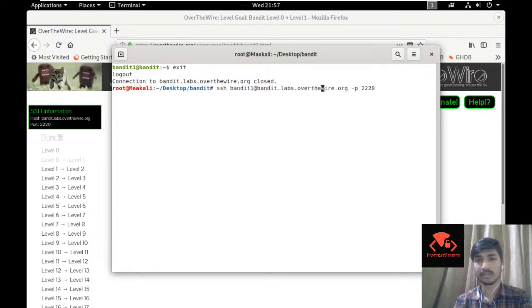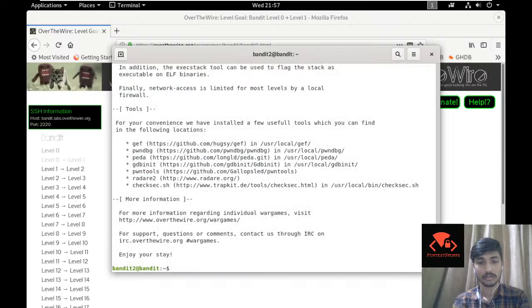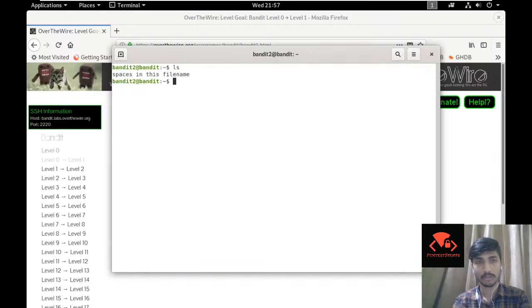We would be going a bit fast right here, because I already told you about these commands. Then I would paste it. Okay, let's ls, and there are spaces in this file name. So guys, the catch in this challenge is that you cannot cat spaces. If you don't use the tab, then you would be entering cat, space, in, space, the, space, file name,